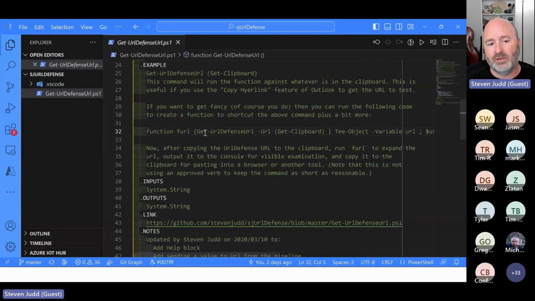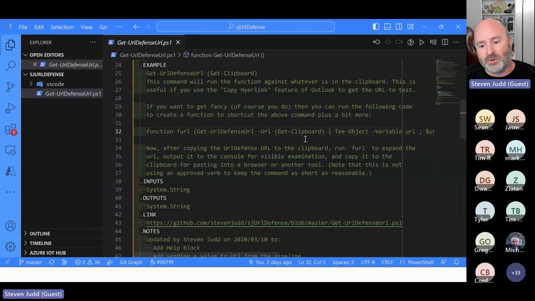So if you run this, which I'm telling you to do, your user only has to type furl and enter. And as long as they've copied the URL to the clipboard, it's going to pump it off the screen and set it into the clipboard.